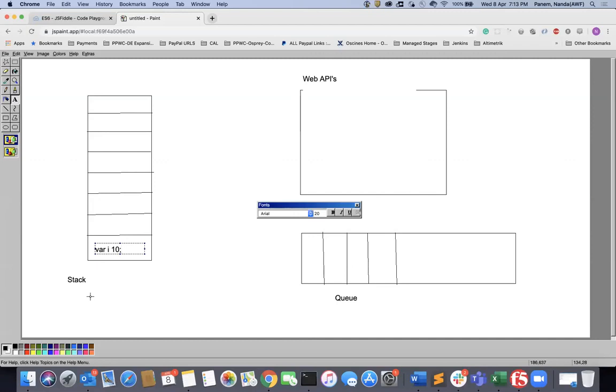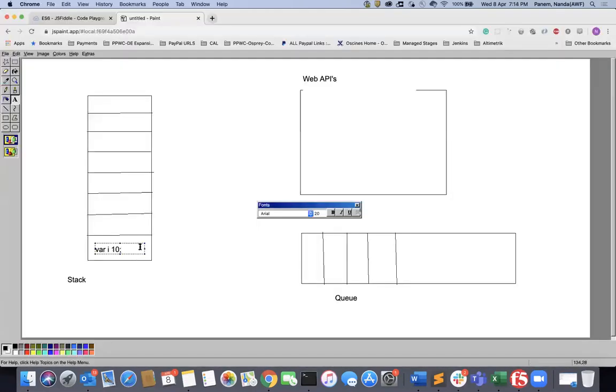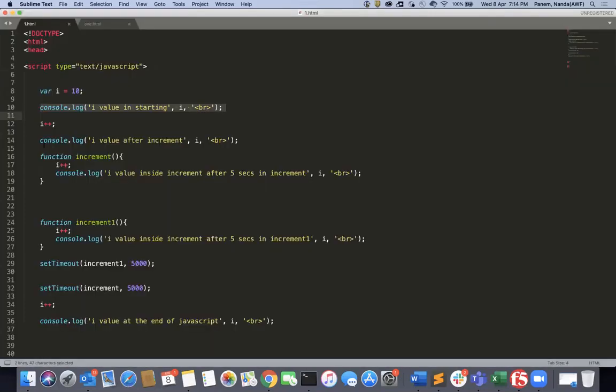Now there is a console.log. It will come and execute the console.log function. I'll tell you about this function later. But here you can see console.log up to line 14 is going to execute.